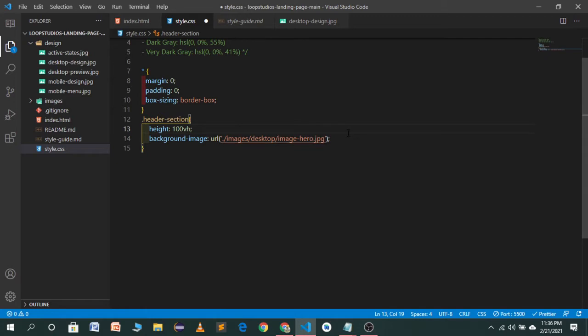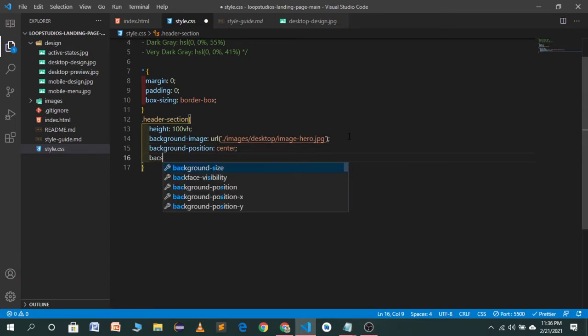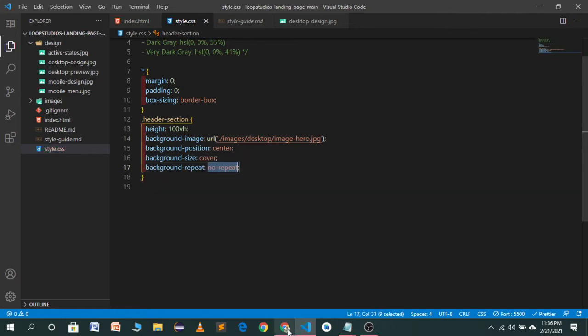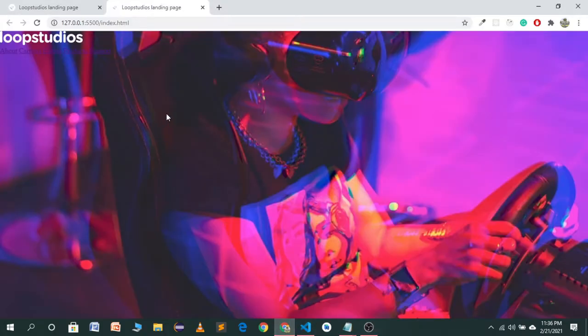I will set the background position to center, background size to cover, and background repeat will be no-repeat. Let's see how it looks. Now you will see we have a hero image and it's looking quite amazing.